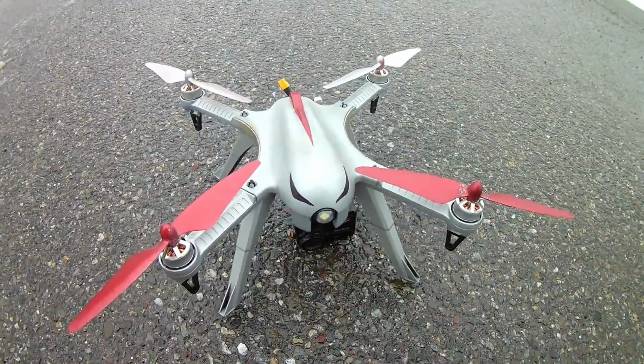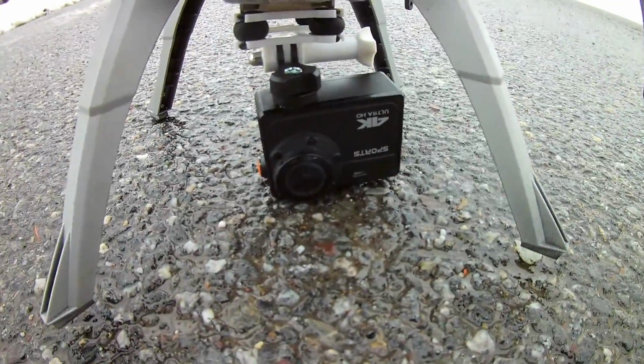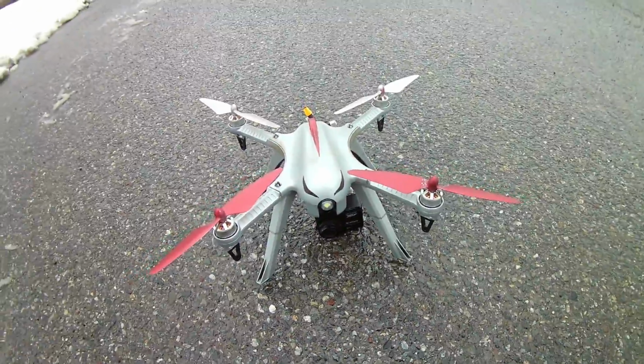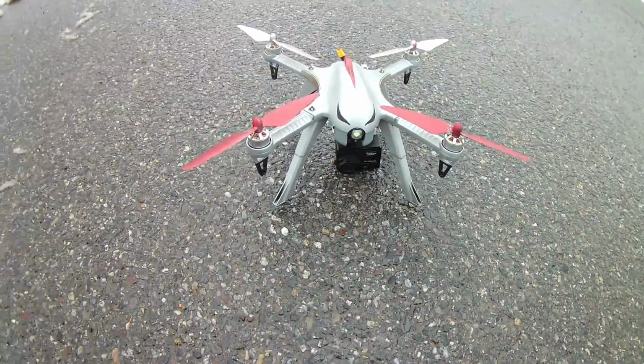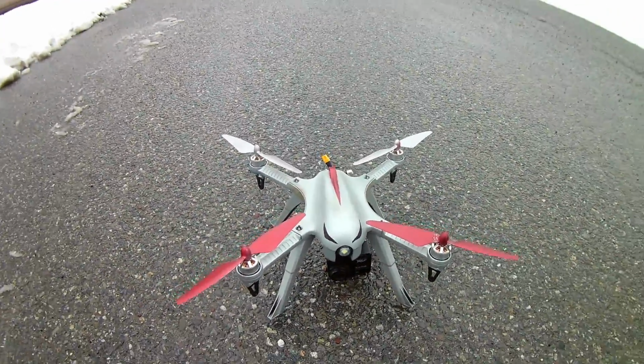We got the Silver Bullet Bugs 3 here. This was originally a blue Drocon. We have the waterproof 4K $20 action camera that some of you guys got for $10. The reason I'm doing this is not because that's why I got the camera. I got the camera just because it was waterproof, but somebody said they were having issues flying a Bugs 3